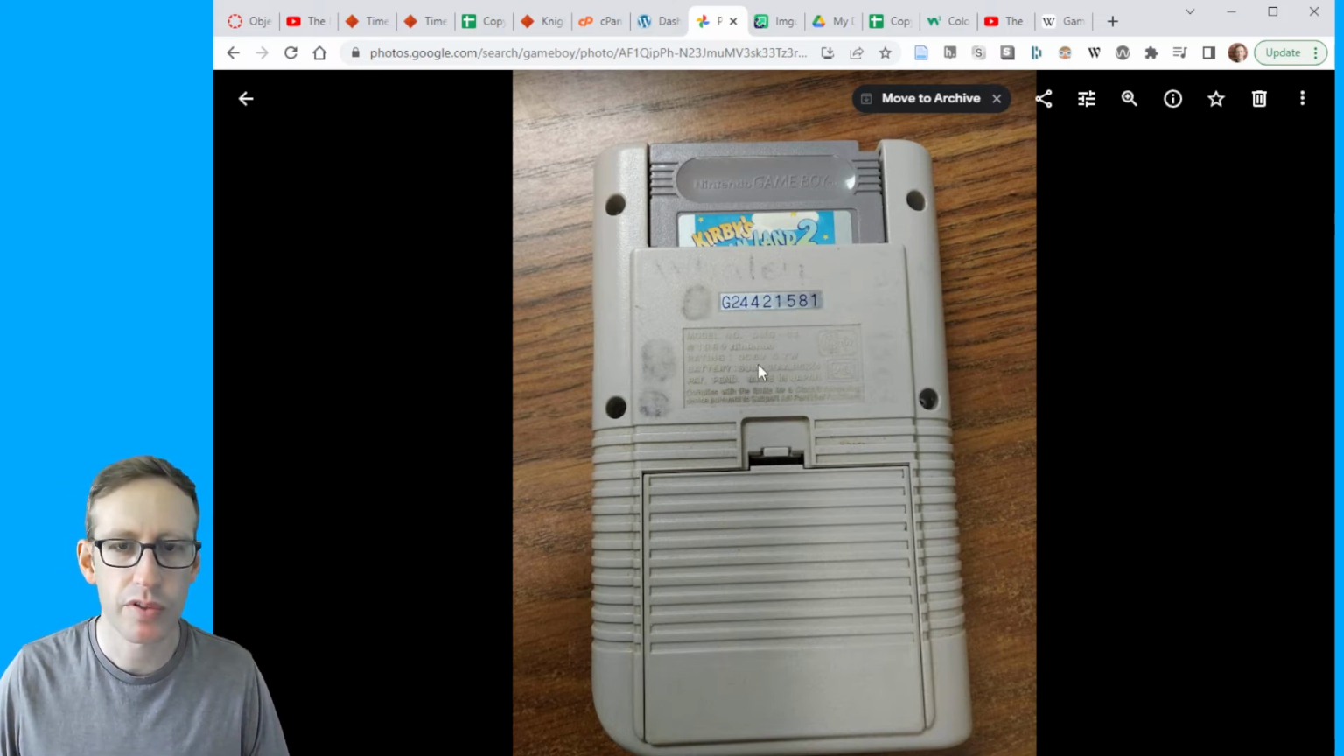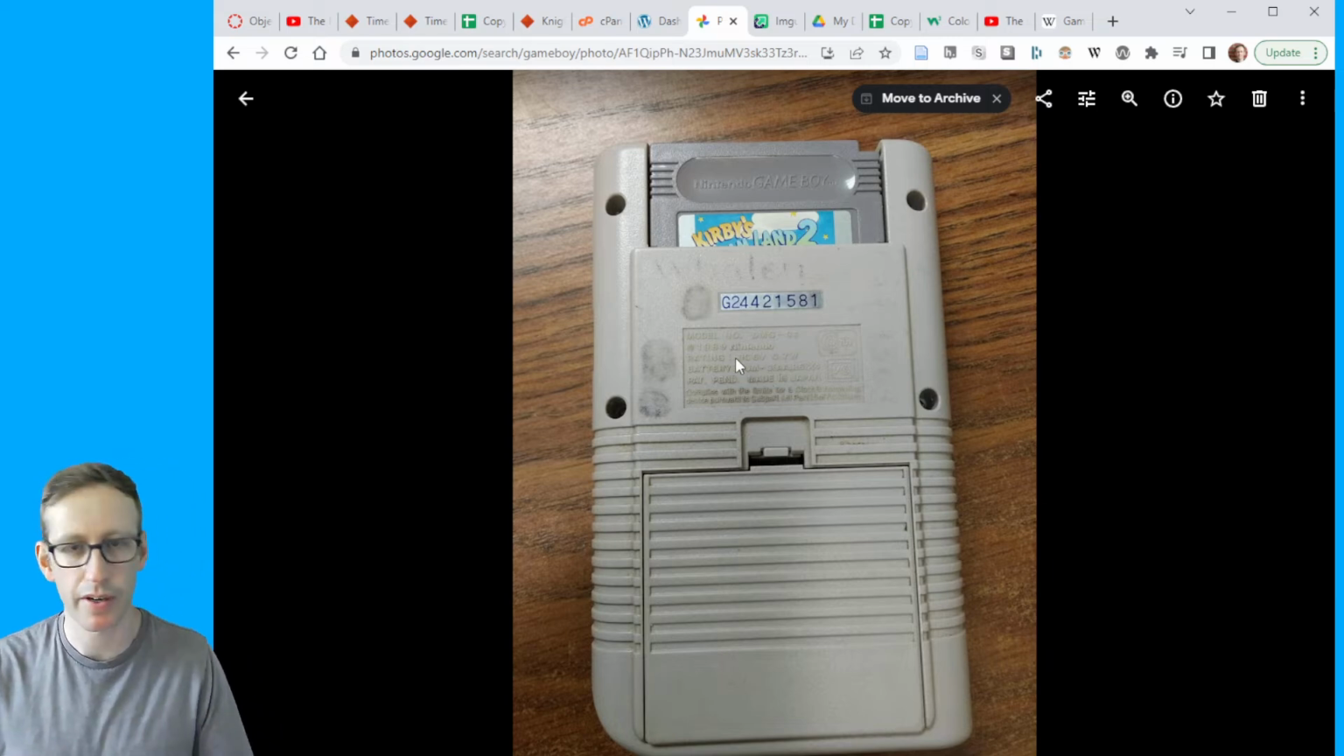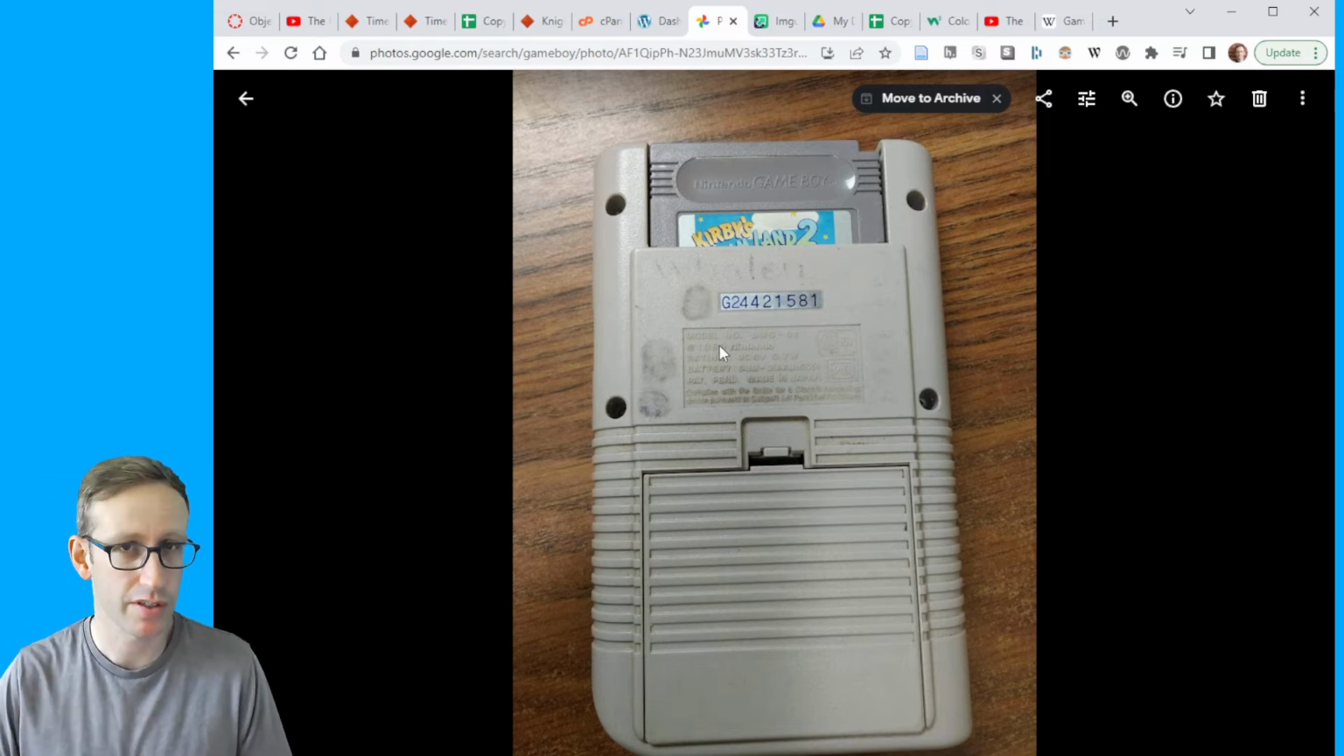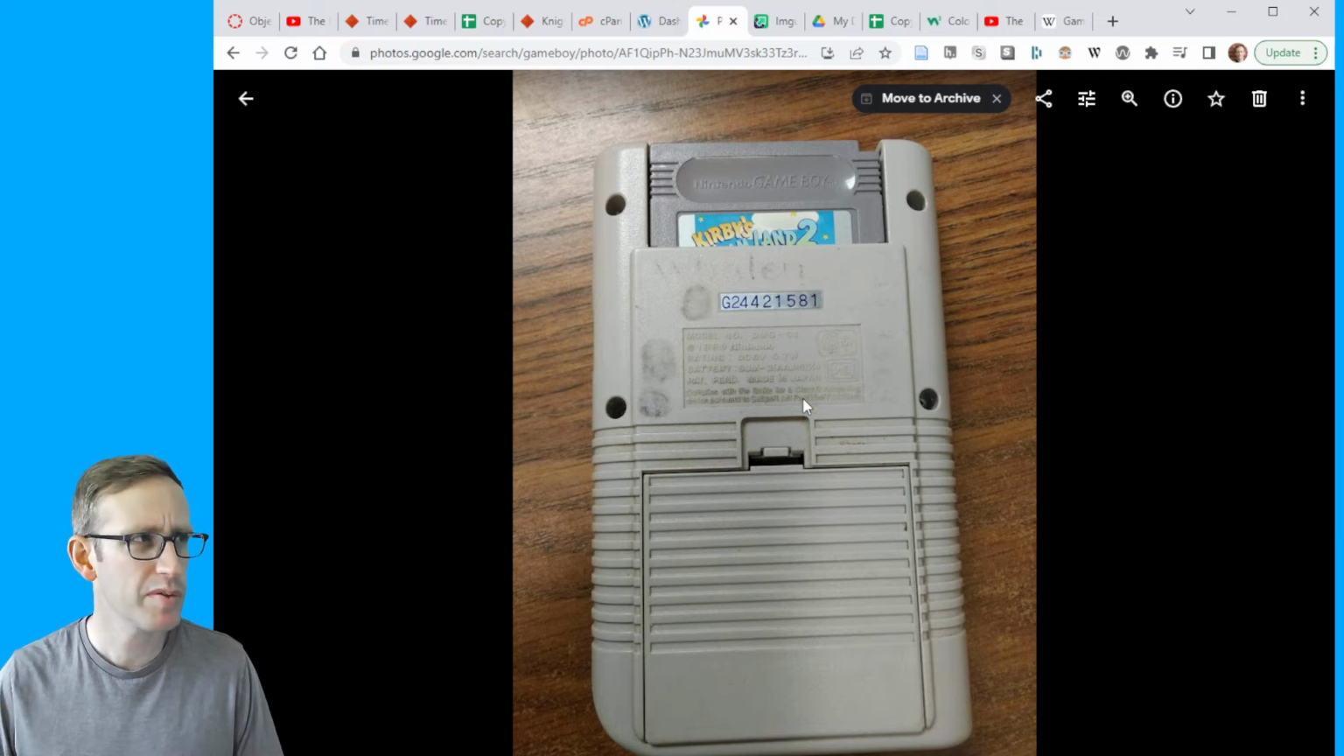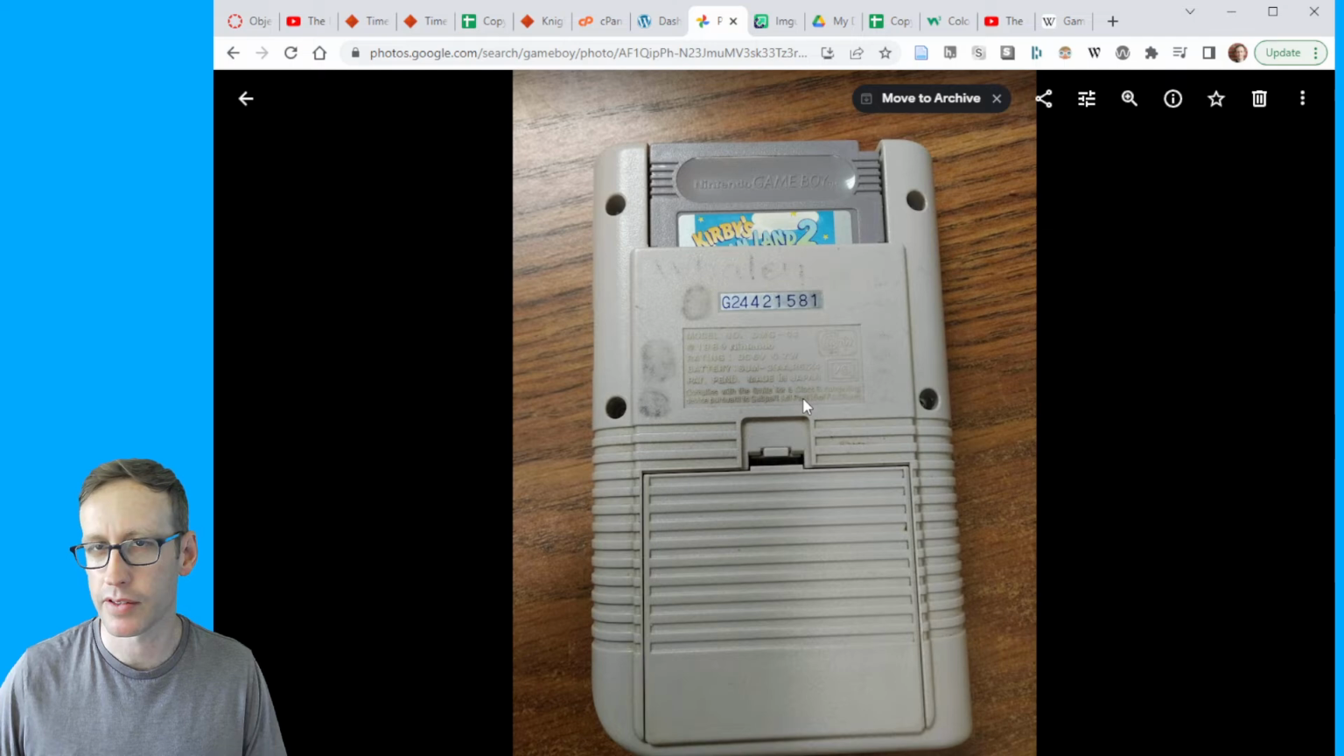So the G2442151, that's a unique number that identifies this exact Game Boy. And that's what I'm researching, right? I'm researching this exact Game Boy. So there are websites you can go on and look up serial numbers and sometimes figure out when and where